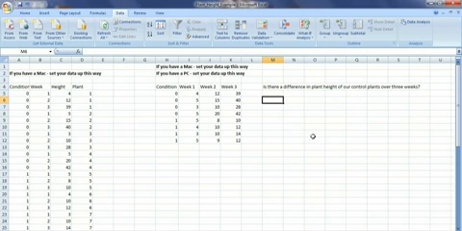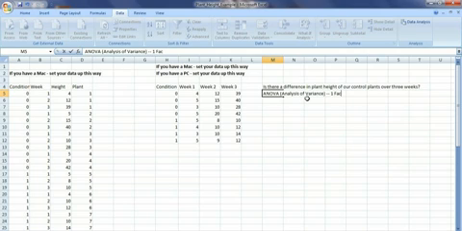So we're really interested in knowing whether our control plants, which are listed right here under 0, which stands for control, are differing in height from week 1 to week 2, from week 2 to week 3, and from week 1 to week 3. To do this, we use an ANOVA, which is simply a test called the analysis of variance. And we're going to use a one factor, since the only thing we're considering here as an independent variable is